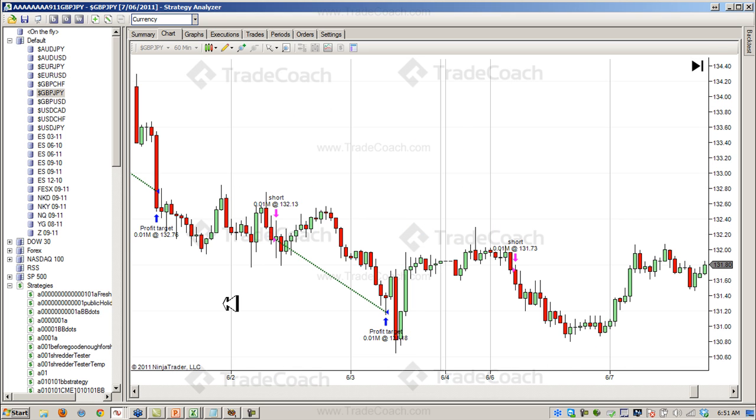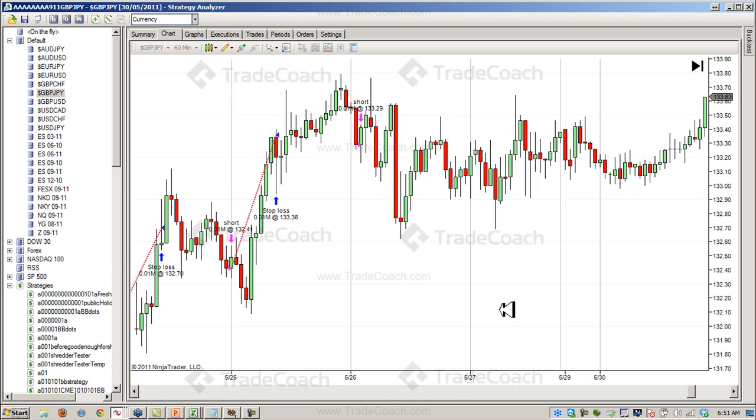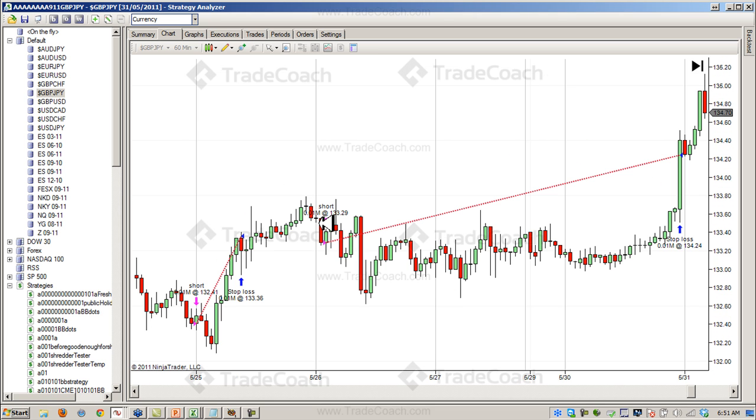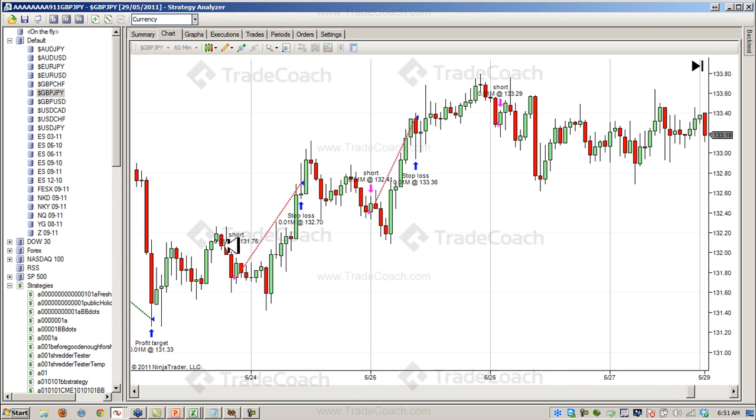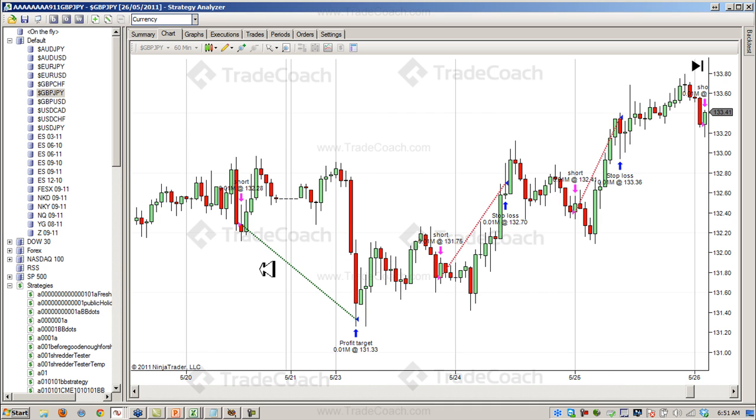I'm then going to contrast that against, say, some of these stop outs. That one there, for example, was red and then red. This one here was red and red, they're both stops. This one here was a stop and it was red and red. This one here